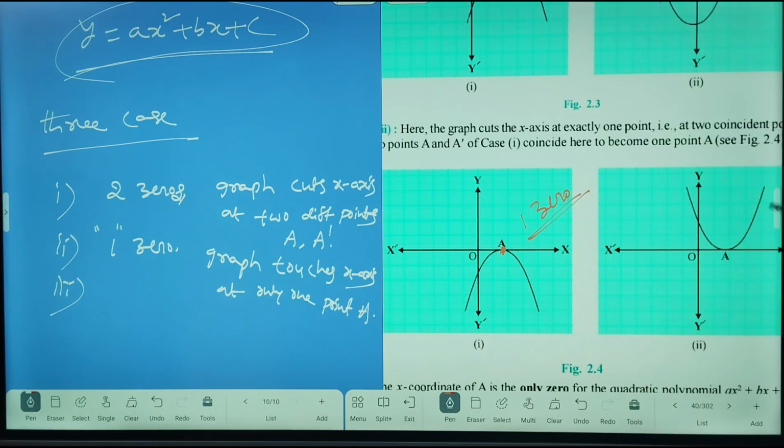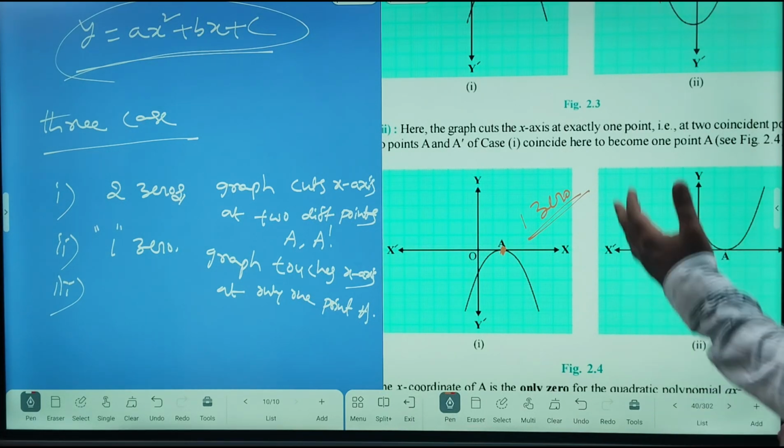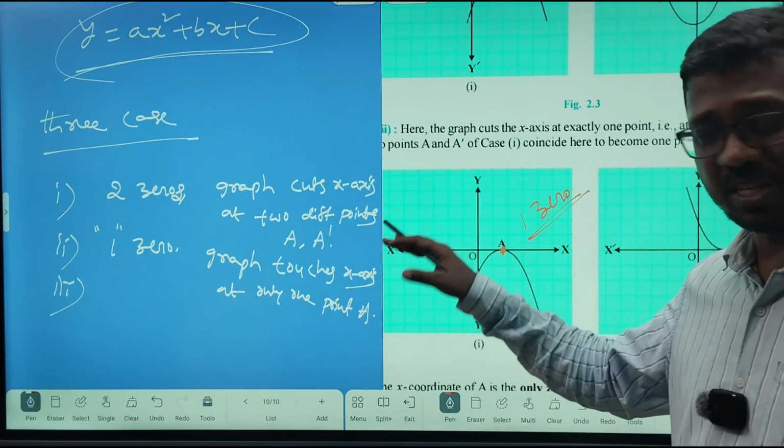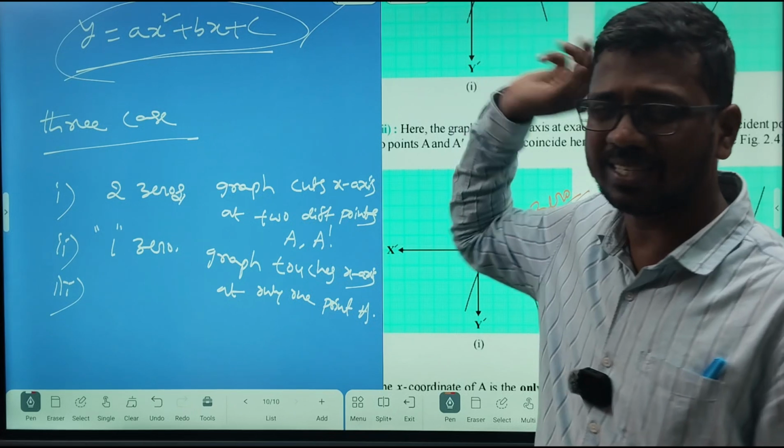Here also a U shape curve. Curve means the parabola. That is a parabola. Parabola avutundi. ఇచ్చింది క్వాడ్రాటిక్ పాలినామిల్. మనం డిస్కస్ చేస్తున్నంతా కూడా క్వాడ్రాటిక్ పాలినామిల్ గురించే. 3 కేసెస్ కూడా